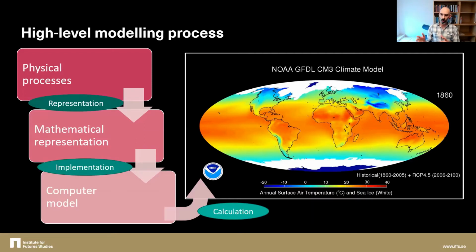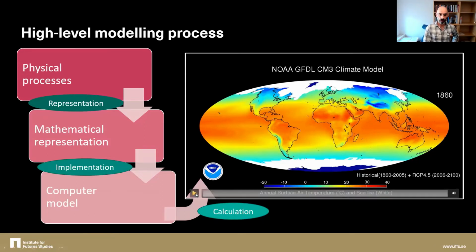So a computer program is created which solves the equations iteratively, step by step, and produces these time steps. So at time 1, these are the results, and then given that at time 2, these are the results, and so on. And each of these steps involves this kind of simplification, approximation, idealization. So when moving from the actual physical process to the mathematical representation, you've got to do all the classic stuff that makes science difficult. You collect the data, you represent it in a kind of formal representation using scientific theory and so on. And then you have another step where you have to represent that mathematical apparatus in a computer program, which requires, again, using some approximation techniques and heuristics to get it into a form where it is then